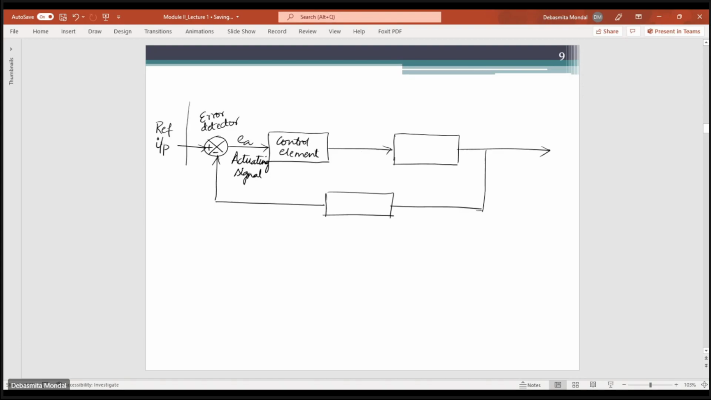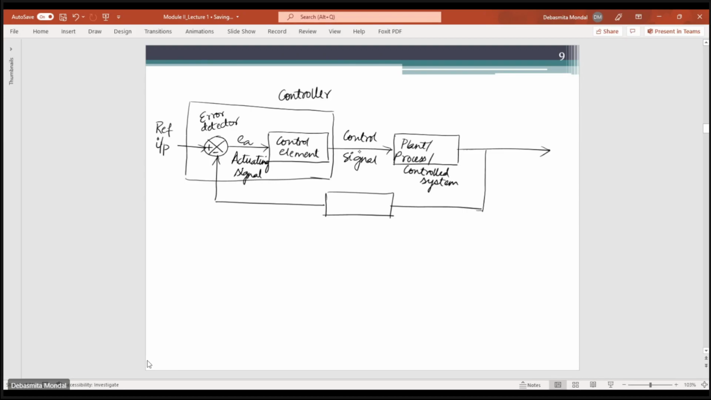And this error detector and the control element combined together is known as the controller. The output of the controller is a control signal. And this control signal acts as an input to the plant, or you can say process, or the system that we are trying to control. So controlled